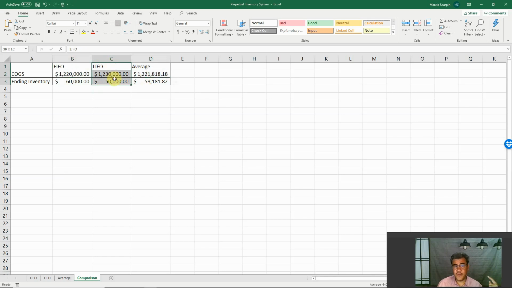However, if you choose LIFO for tax, you must choose LIFO for financial statements. That is what the US calls the LIFO conformity rule. But you can choose average for tax and FIFO for dividends in the US,